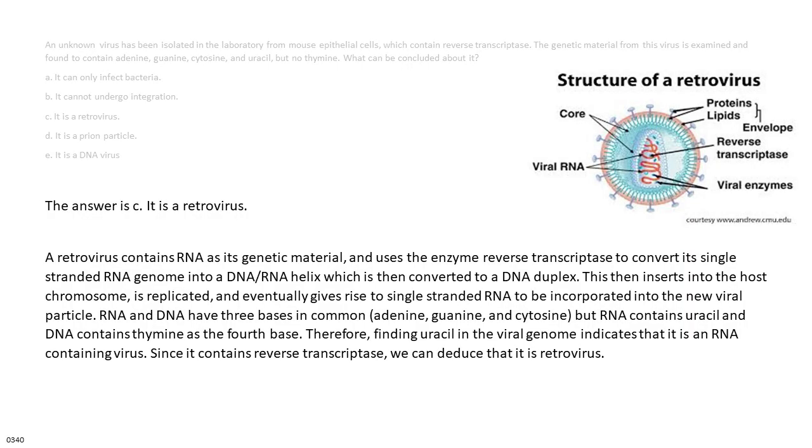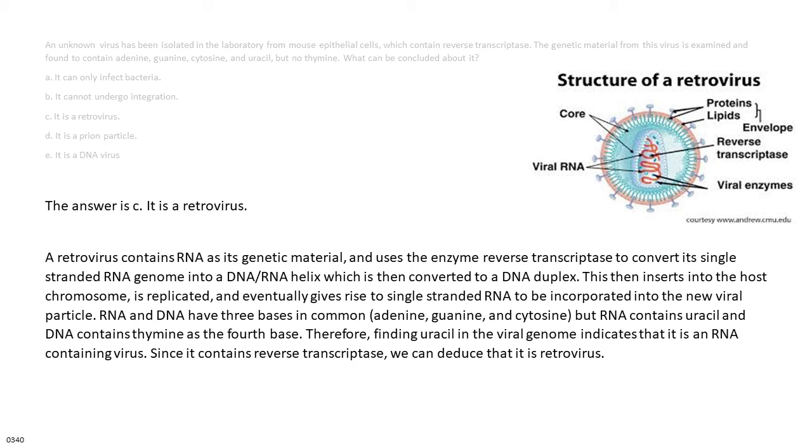The answer is C. It is a retrovirus. A retrovirus contains RNA as its genetic material, and uses the enzyme reverse transcriptase to convert its single-stranded RNA genome into a DNA/RNA helix, which is then converted to a DNA duplex. This then inserts into the host chromosome, is replicated, and eventually gives rise to single-stranded RNA to be incorporated into